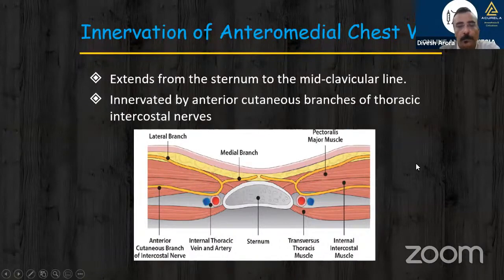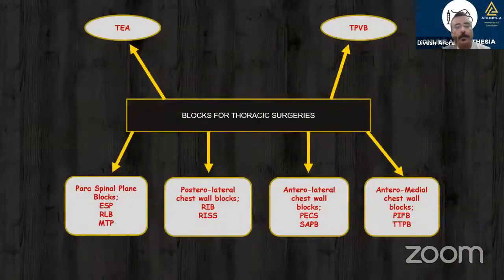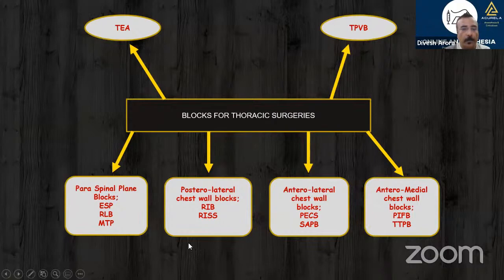This fact we have to consider when we are planning analgesia for breast surgeries on the medial half of the breast. So my dear friends, what all blocks are available to the regional anesthetist for thoracic surgeries? As I said, the gold standard number 1 was thoracic epidural with its pitfalls. The second gold standard was thoracic paravertebral block. But with the advent of various interfascial plane blocks, we have so many which have been described,